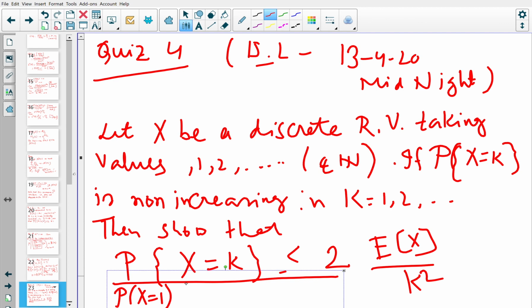So this is greater than or equal to the probability of X equal to 2, and so on. This is the meaning of non-increasing. So with that, prove that this probability is bounded by 2 times the expectation of X over k square. Okay,